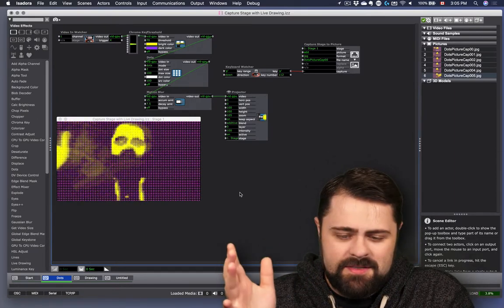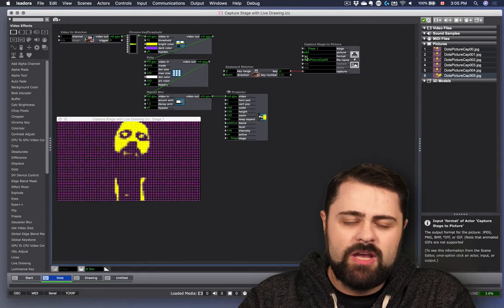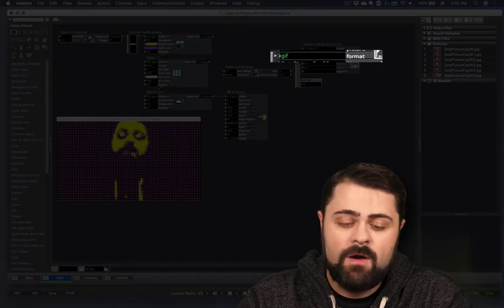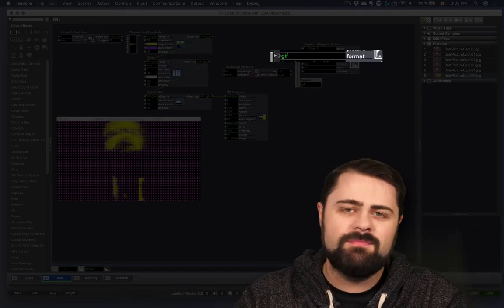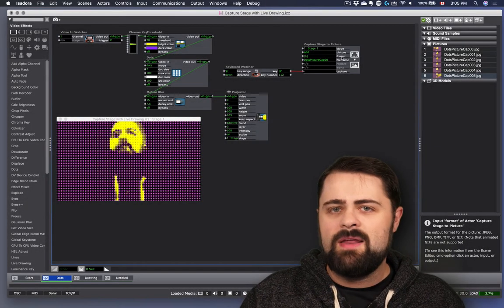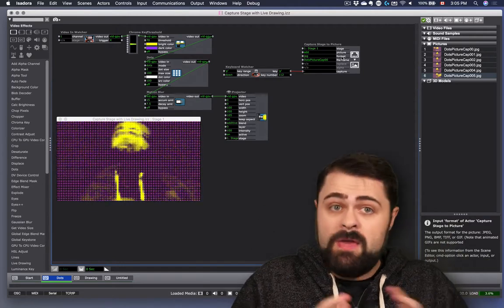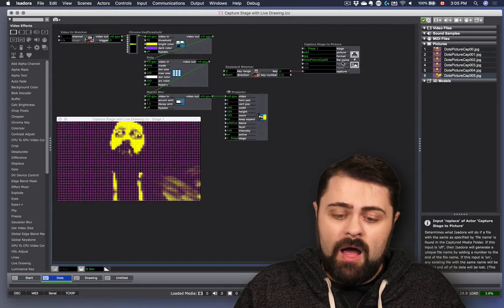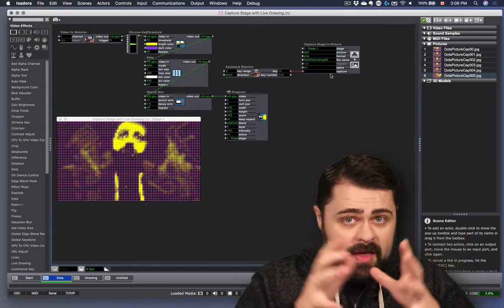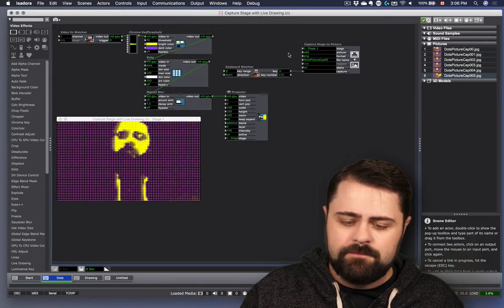So they're all JPEGs, and as you can probably figure out already, changing the format is going to change it from a JPEG. We can also have it be a PNG, a BMP, a TIFF, or a GIF, or GIF, depending on how you want to pronounce it. Now, the only key thing to know with the picture format is that if you do want to take a transparent PNG, you'll want to switch your format to PNG, and then the alpha property will light up, like so, and you'll be able to decide whether you've got that transparent element to your PNG images or not. That's not an option when you're using a JPEG.